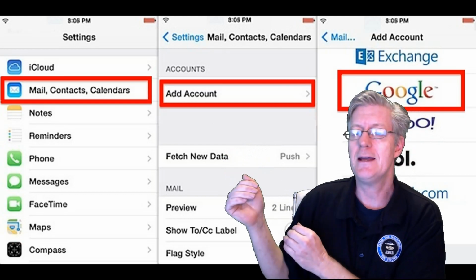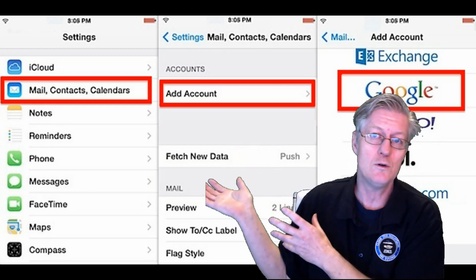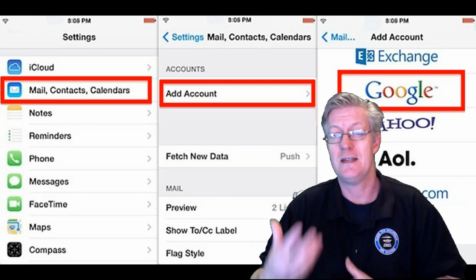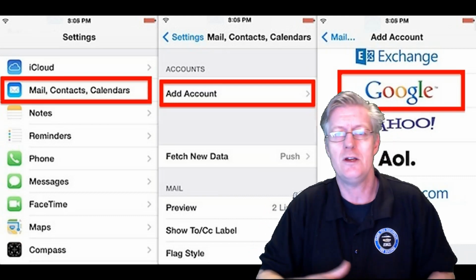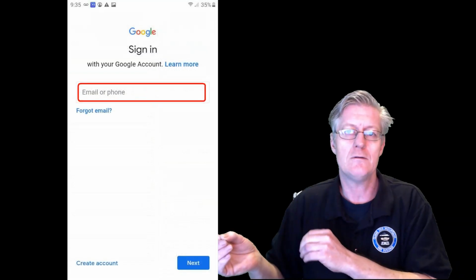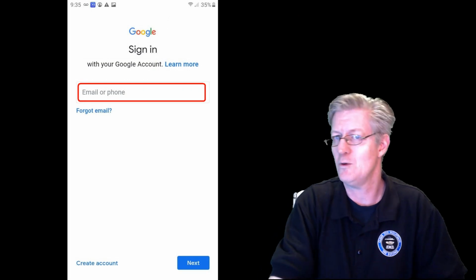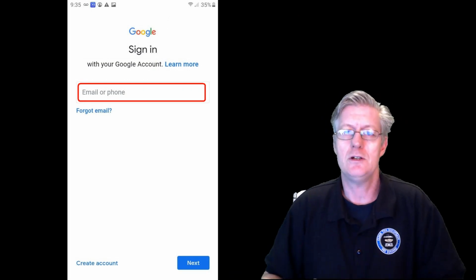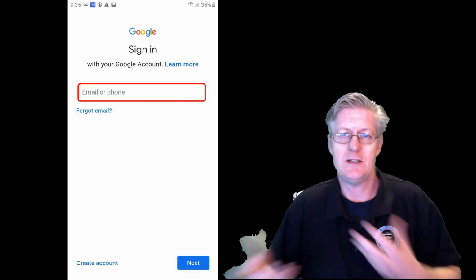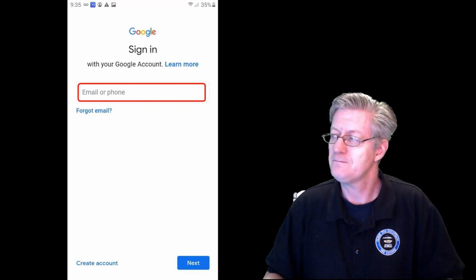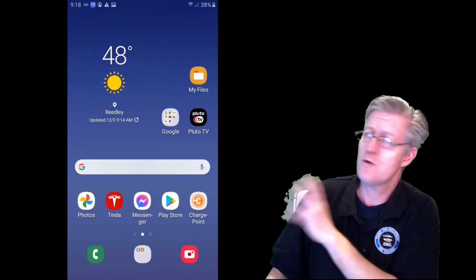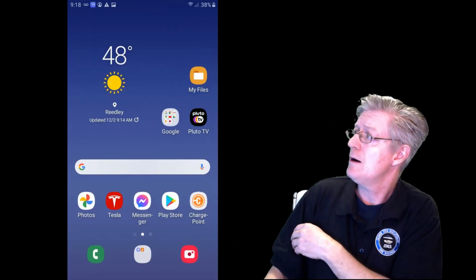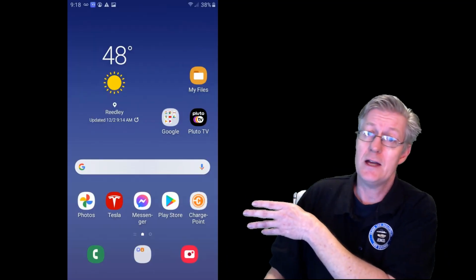Tap on Add Account, and then tap on Google, and then basically you have that same screen that you saw on the Android, where you can add a Google account or log into your existing one. Now once you've done that, you'll then be able to use your Gmail and actually synchronize all of your work in there. What we're going to do now is we're going to jump back into here on my Android phone,